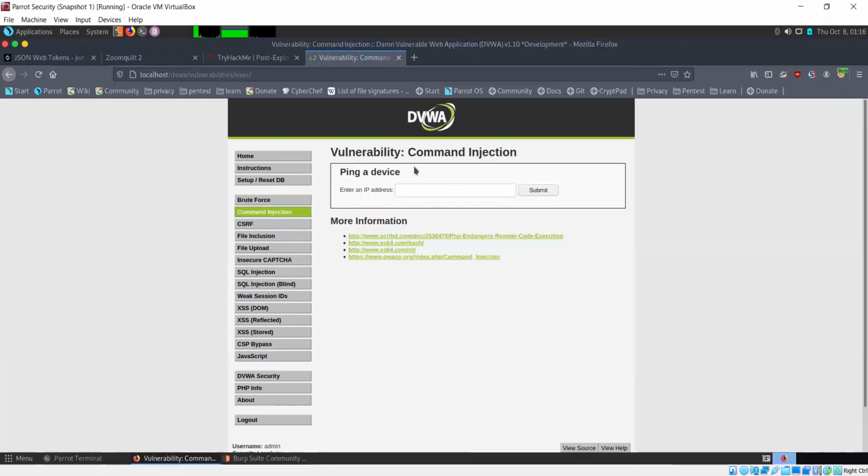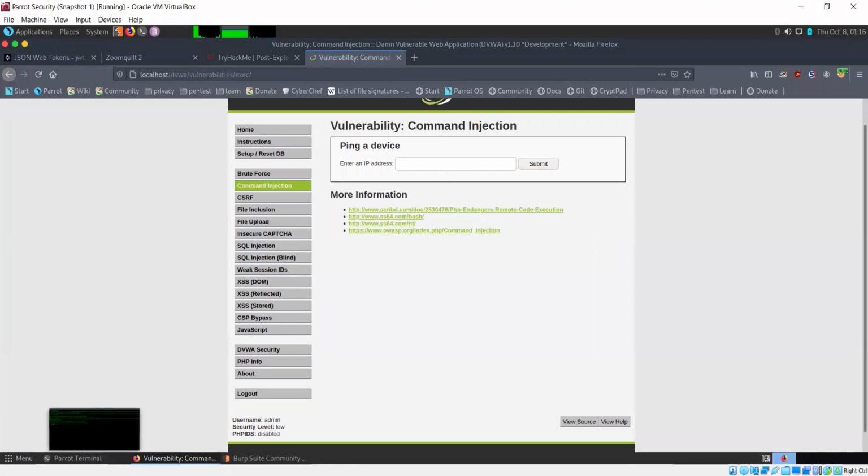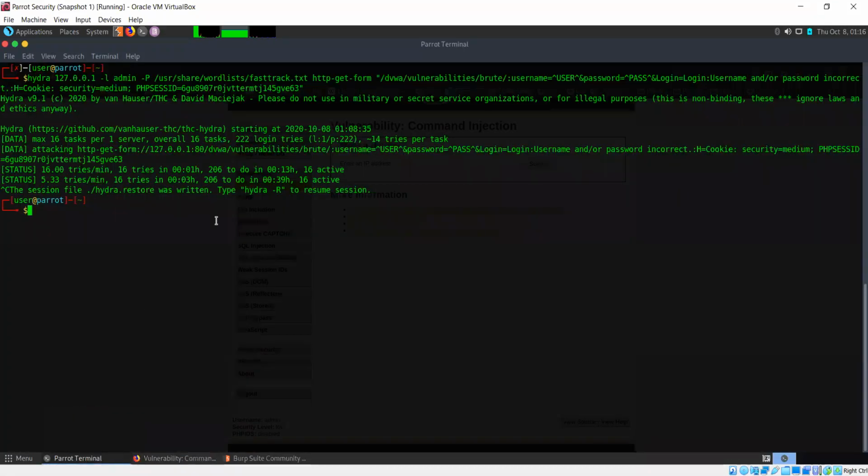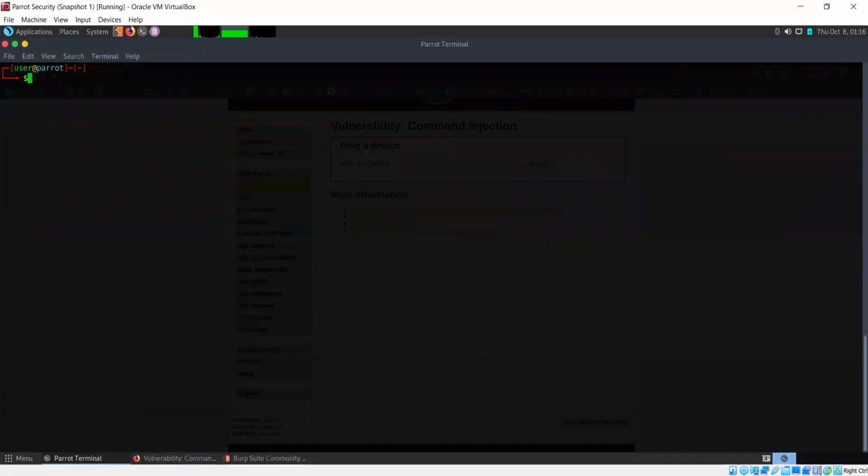Now we come to command injection, but before that, let's just come to the terminal first. When we write commands on a terminal, we can chain multiple commands together, so we can write multiple commands in the same line. How we do that is, let's say I want to know my present working directory and I want to perform ls as well.